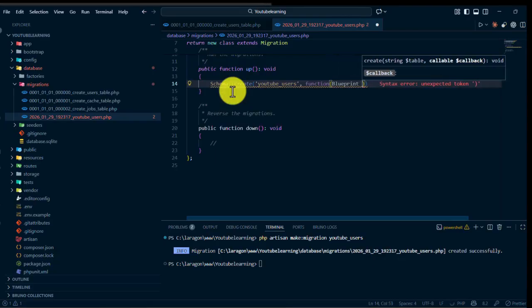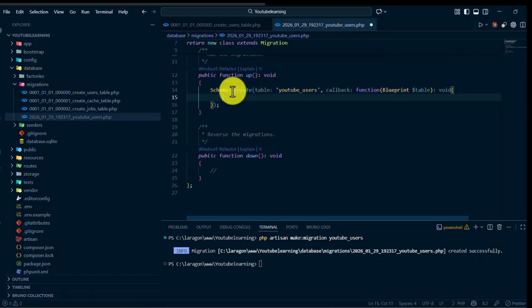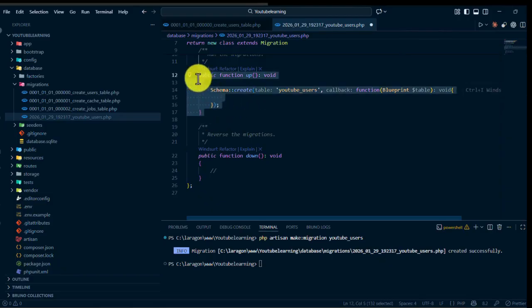And the blueprint is going to be table. Now, this is the shell that is going to create your table. So when we run PHP artisan migrate, which we're going to explain later, it will run this migration by calling this up method, then create this table